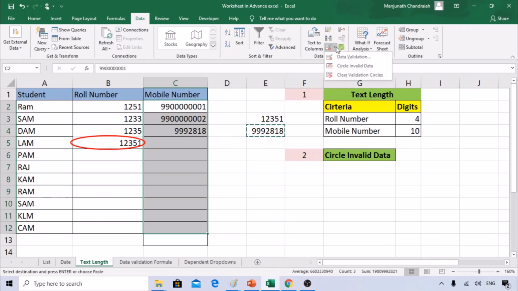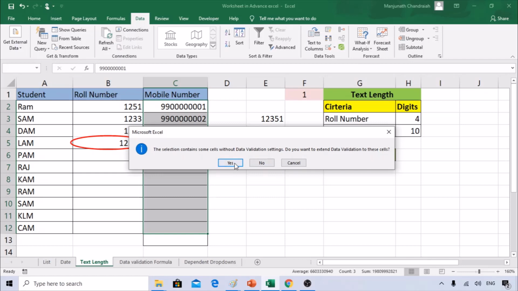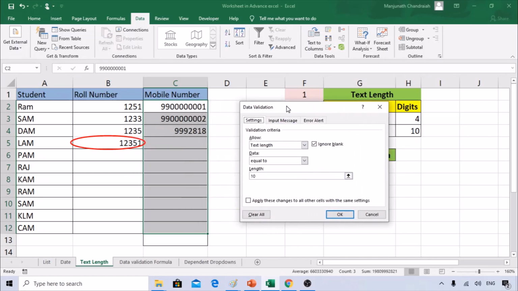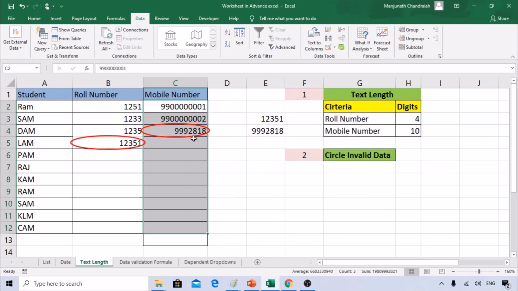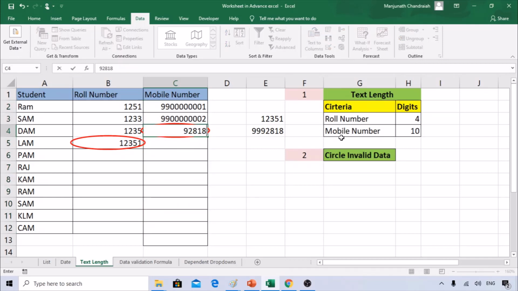So select the data validation first, 10 digits, click OK. Now you can see it throwing an error. Unless somebody goes and updates it correctly, it doesn't allow it, right? It's very simple and very effective. In case you need to check the errors, you can use this circle invalid data option.